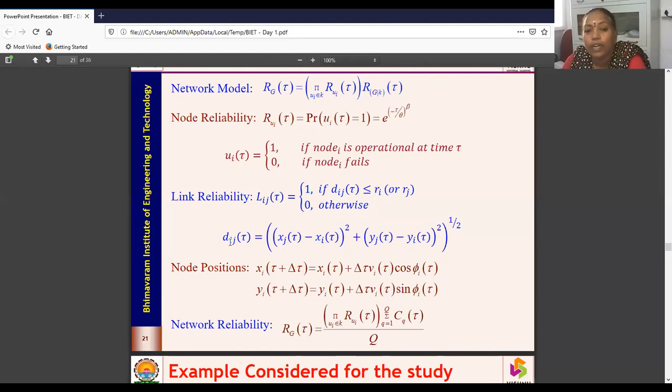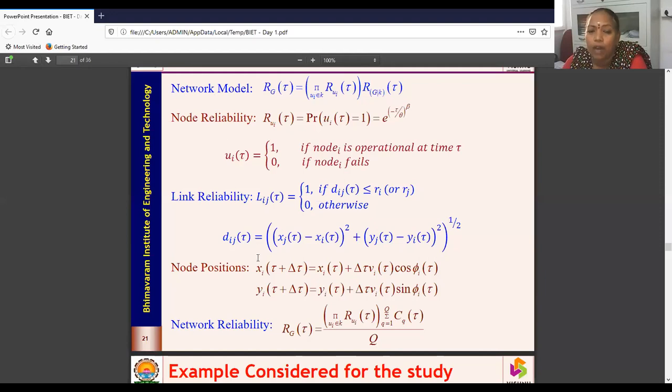What we do is compare the distance with the transmission range. If the distance is less than or equal to the transmission range, then the link reliability is equal to 1. Otherwise, it is equal to 0. It is 1 when two nodes are within range of each other. So within 3 miles, if 2 or more nodes are there, they will get automatically connected by using the condition Lij of tau is equal to 1 if the distance is less than or equal to the transmission range, 0 otherwise.